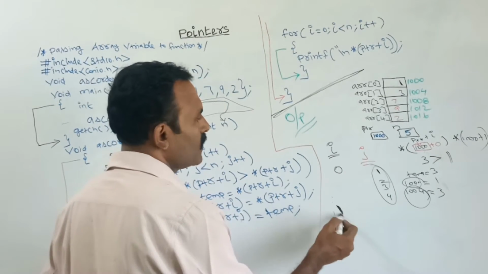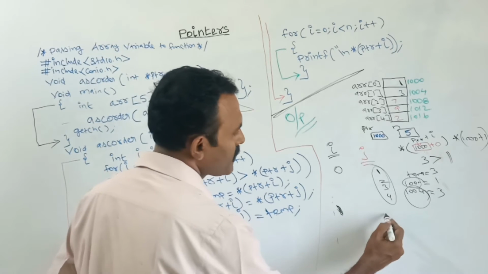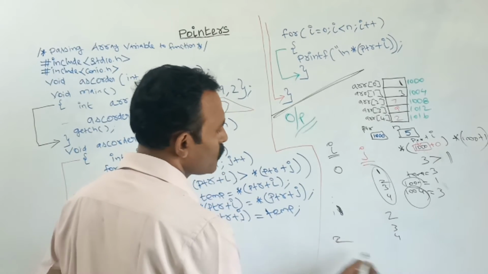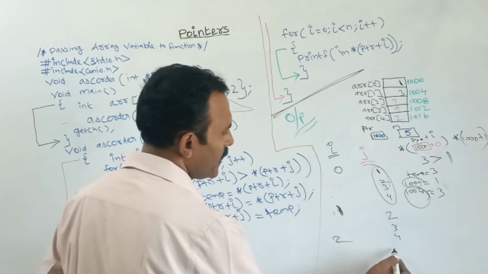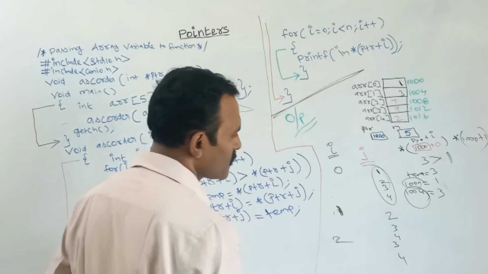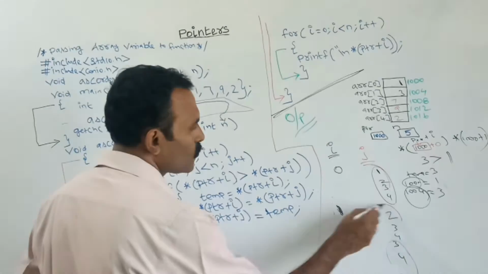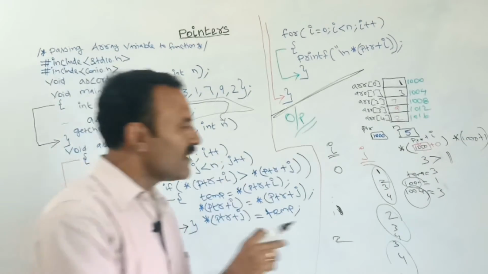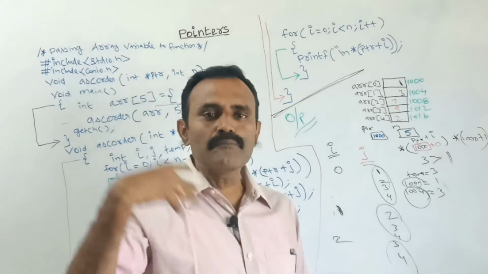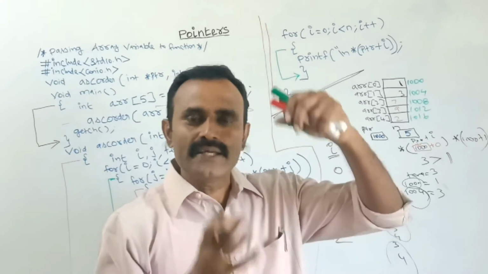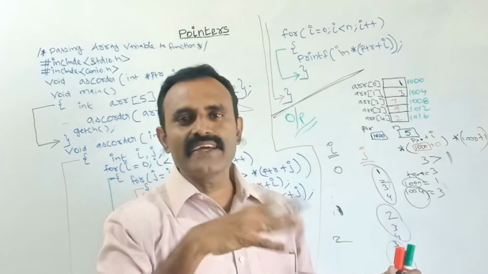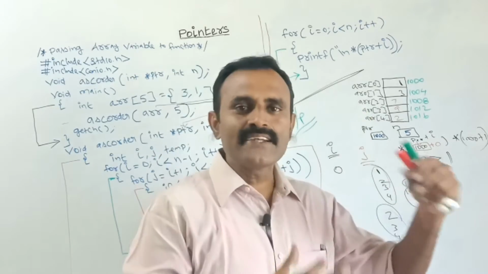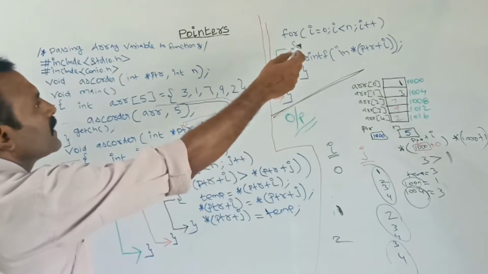Next I is equal to 1. Here the j value takes from I plus 1, that is 1 plus 1, 2. So 2, 3 and 4. When I is equal to 2, the j value is I plus 1, that is from the third location and fourth location. Here the inner loop is executed 2 times, here 3 times, here 4 times. In this way, what purpose are we using it for? We take a number and compare it with the other location elements. If the number is greater then we swap, if the number is smaller we do not swap that number.